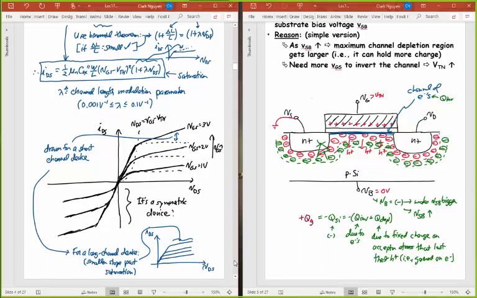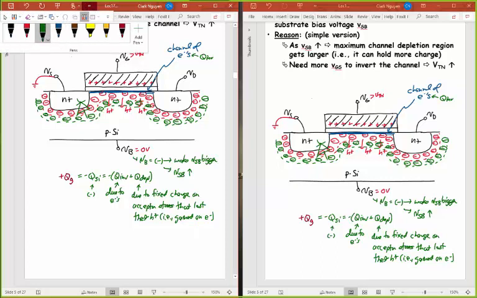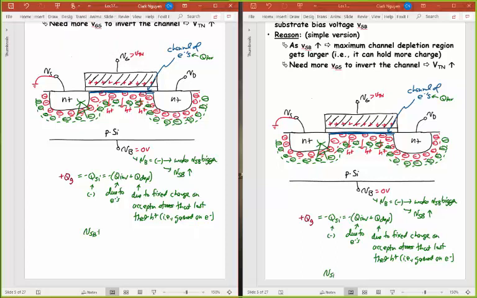Let me go on the other side to give myself some space here. So if I increase VSB, and let me do that in green, then what happens? The depletion charge in the silicon, at least the magnitude of that, is going to increase. Which means that the magnitude of the total charge in the silicon increases. In order to support this,